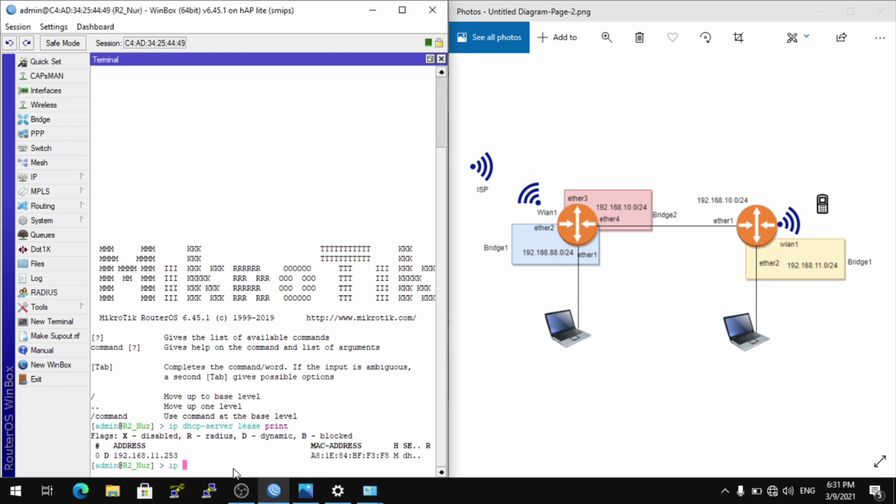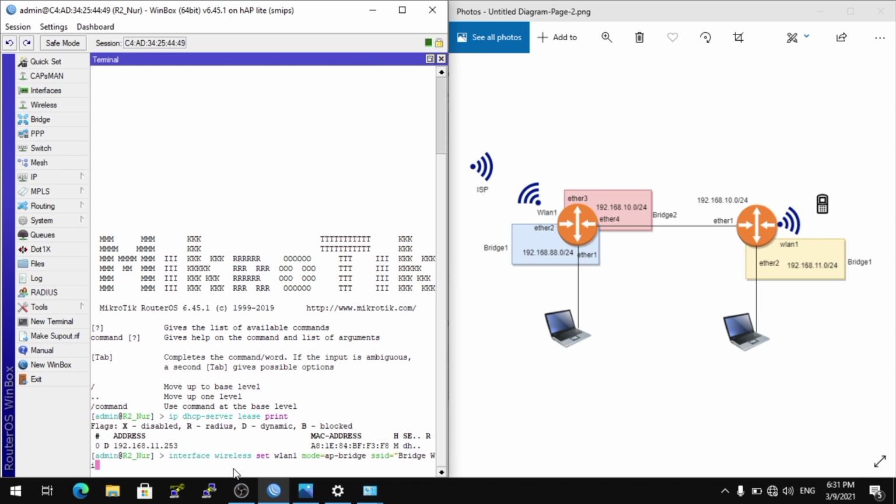Interface wireless set VLAN 1 using mode ap bridge. SSID, I am using SSID update wireless, and using the radio name 232, and click enter.